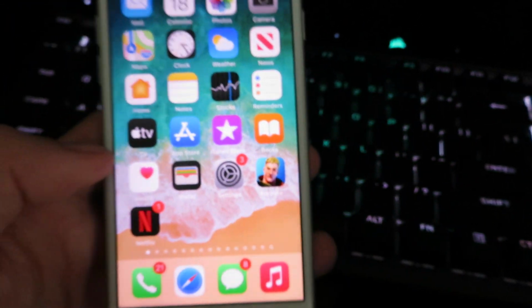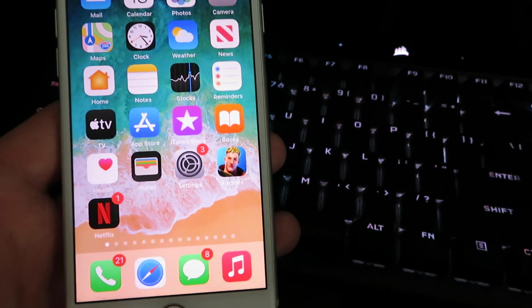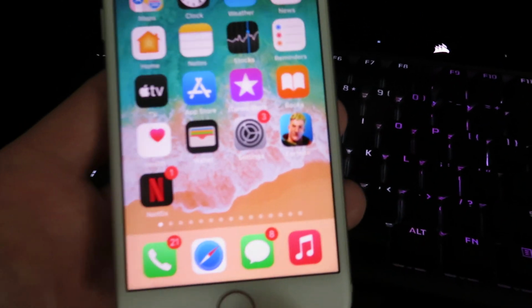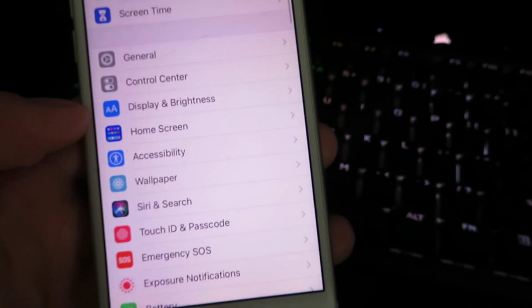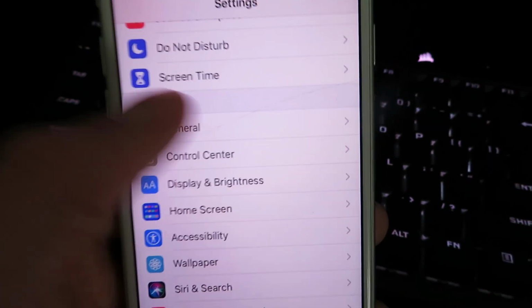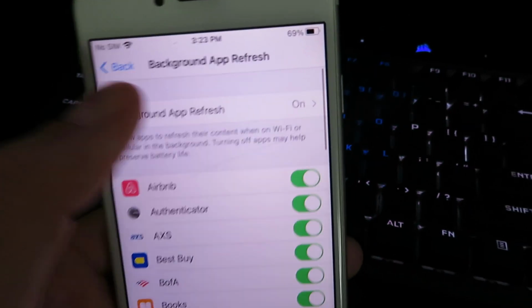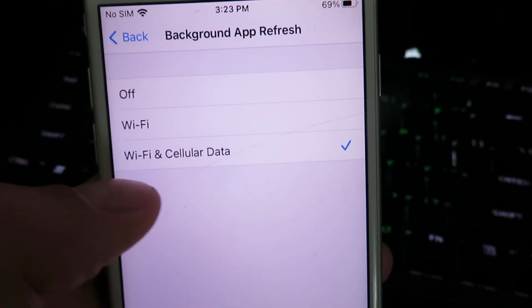So I'm going to go ahead and go to my home screen, and we're going to need to actually configure our device for the download. It's not really complicated or anything, but let me show you how to do it. So we're going to go ahead and open up settings right here, and once you're in settings, go ahead and click on general, click on background app refresh, and make sure it's set to either Wi-Fi or Wi-Fi and cellular